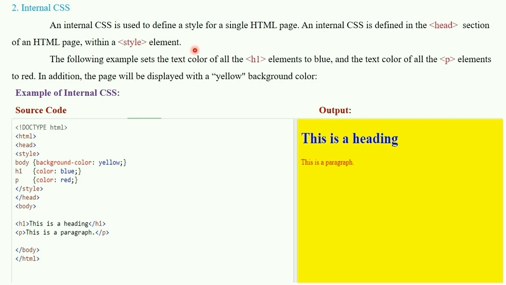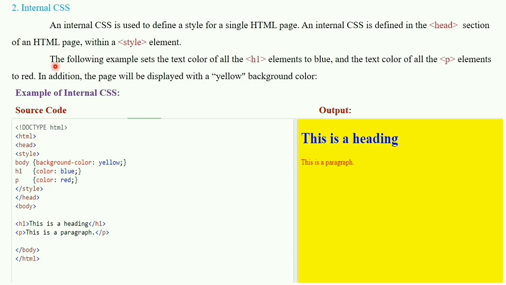Now remember one thing: here style works as an HTML element, and in inline cascading style sheet the style works as an attribute.